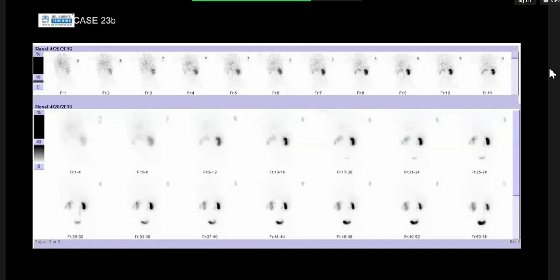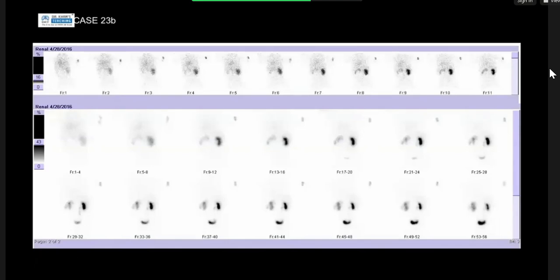So you can look to see if the kidney is obstructed or if it's just dilated but not obstructed. So we've got some images. I'll show you the first set of images, which are the static images from the MAG3 study, and then I'll show you the curves afterwards. So this is going to be your left kidney here, and this is your right kidney here, and this is your left kidney here. So if you just take a couple of seconds to look at that,